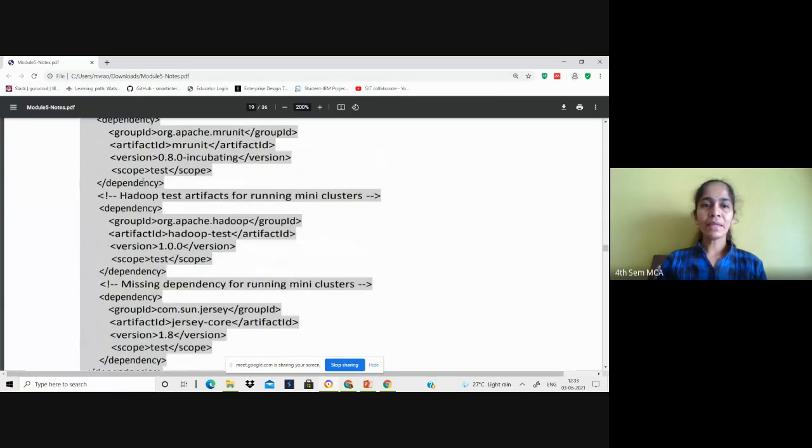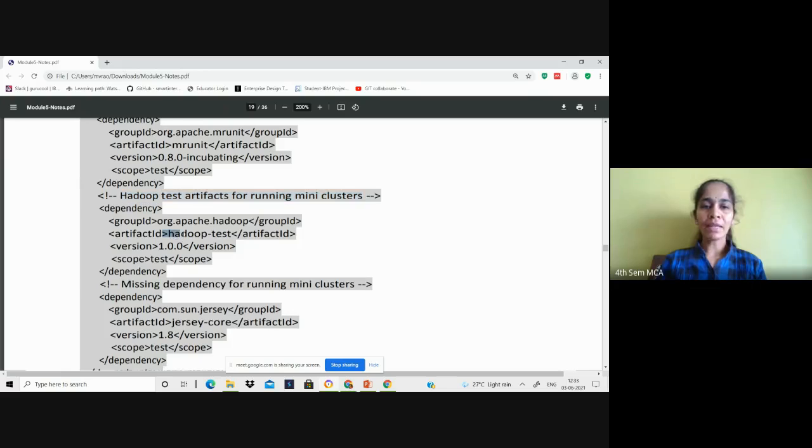You're also having Hadoop test artifacts for running mini clusters. Say if you want to run your code on your local machine in a pseudo distributed mode, but having the properties of a cluster. In such cases, you can use Hadoop test artifacts for running mini clusters, right?